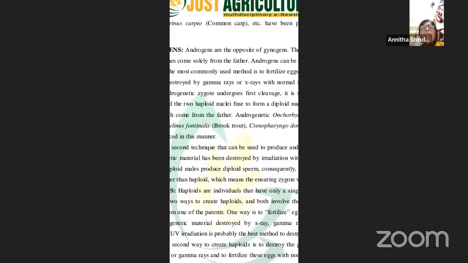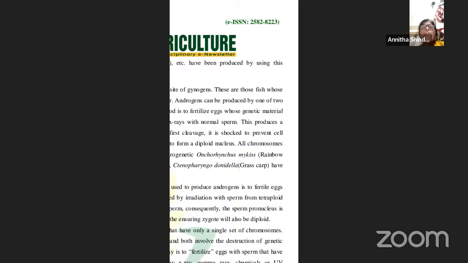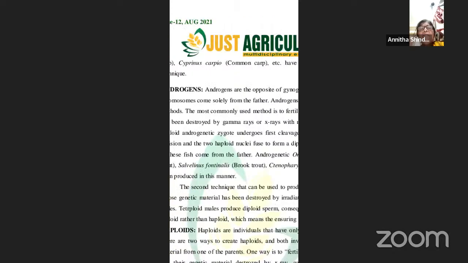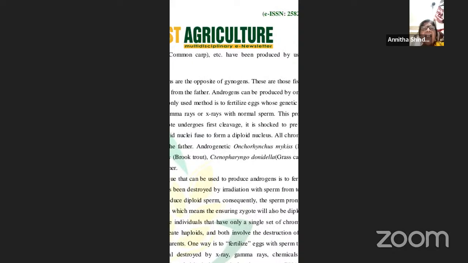So when you don't want the female population, now what do you have to do? These are those fish whose chromosomes are coming only from the father. They are not coming from the mother. Like in gynogens, the chromosomes are coming only from the mother, but in androgens, the chromosomes are coming only from the father. So here androgens can be produced by one of two methods. The most common method is to fertilize the eggs whose genetic material has been destroyed by gamma rays or X-rays